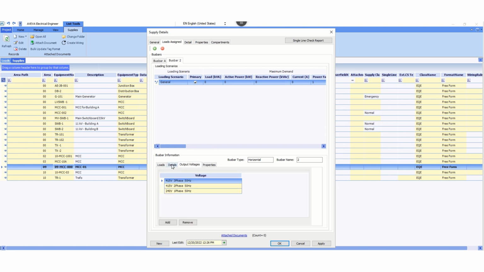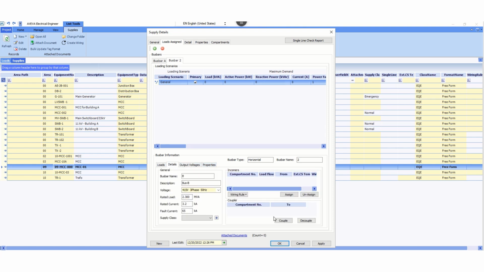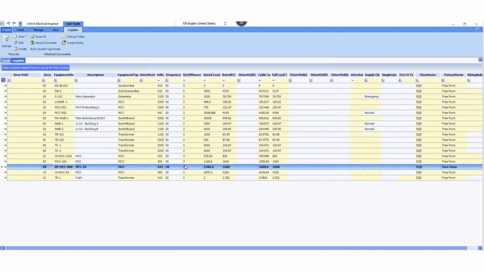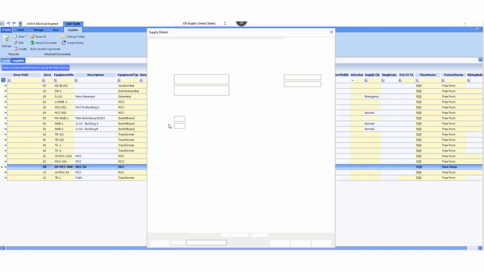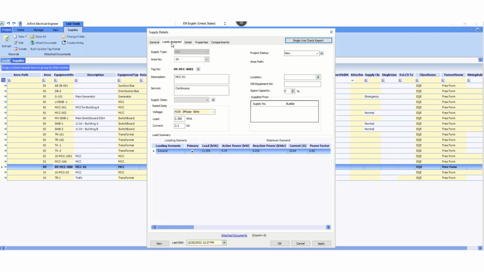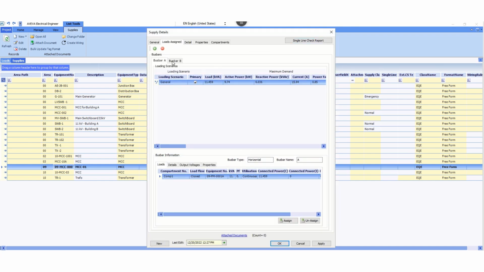And these are the output voltages, 415 volt. Apply and okay. Now again double click here. Let's go to loads assigned. Let's go to bus bar B. Here you can see assign,